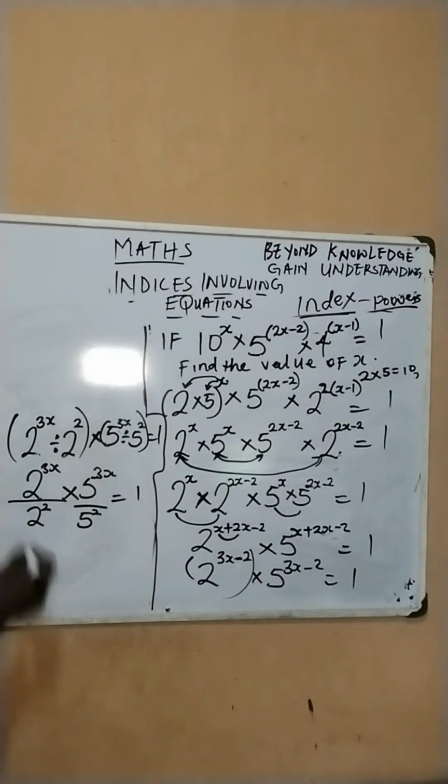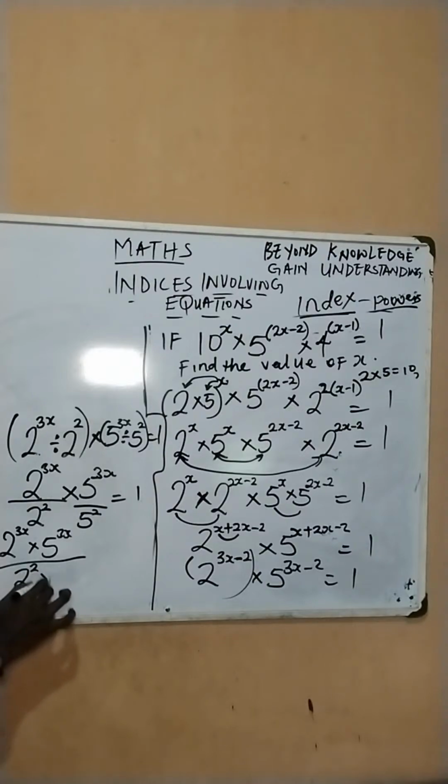Well, I can just pull everything together. This becomes 2 raised to the power of 3x multiplied by 5 raised to the power of 3x, all over 2 squared multiplied by 5 raised to the power of 2, equals 1. This can multiply out, but I can just leave it this way. And since I'm looking for x,